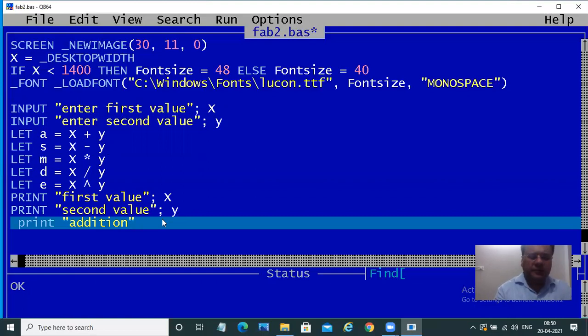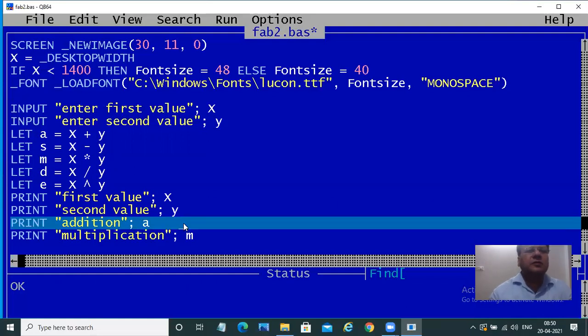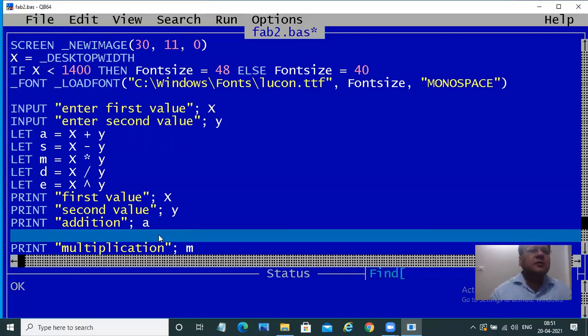Addition as a, print and multiplication as m. Okay, before that we'll use subtraction also. So we say print subtraction as s, right?